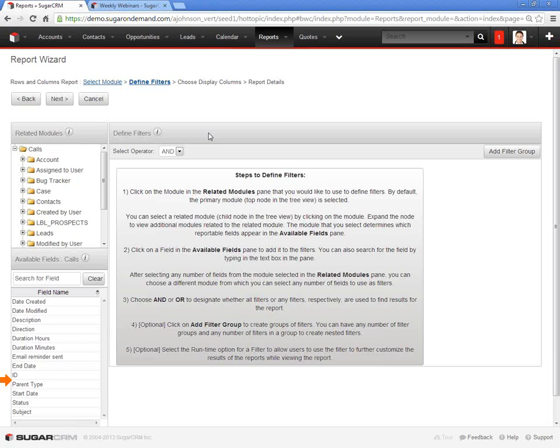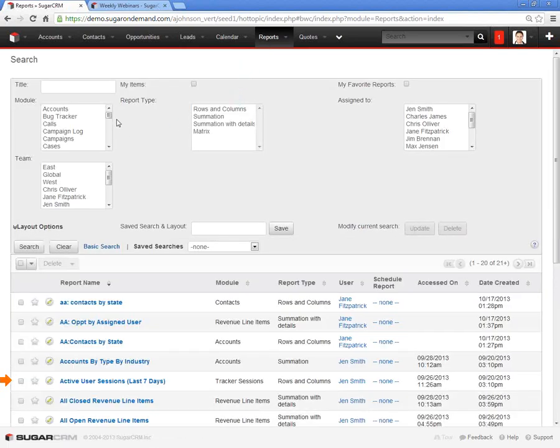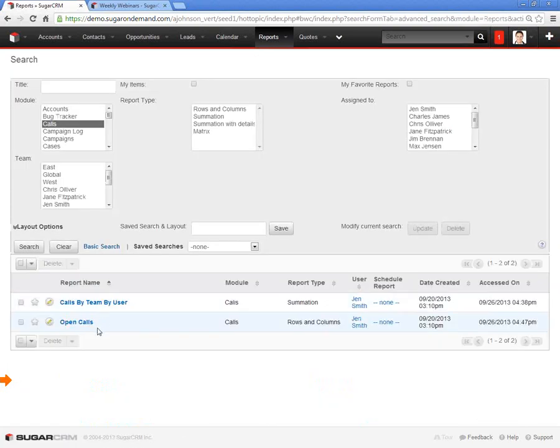It's kind of your logged call report. And there may actually be a report. Let me check real quick, let me do calls. See if there's one out of the box. So it has calls by teams by user. You may want to take that, duplicate it, and then you can alter any report that may already be there. Okay, which is my next